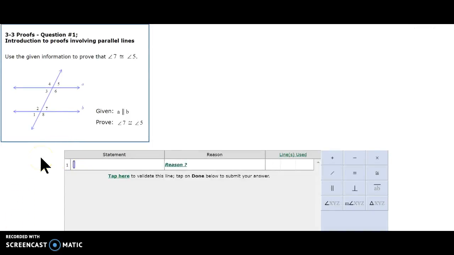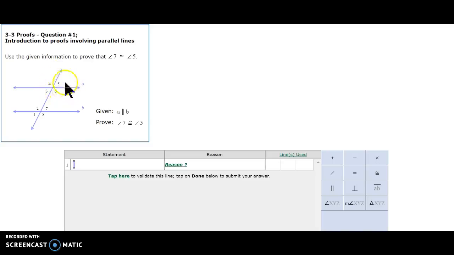Okay, so now this is the second example that I'm going to show you. In this case, they want us to use the information to prove angle 7 and angle 5 are congruent. So given that lines A and B, these two lines, are parallel, we need to prove angle 7 and 5 are congruent. Okay, so you guys might be thinking, for sure, 7 and 5 are congruent because they are,